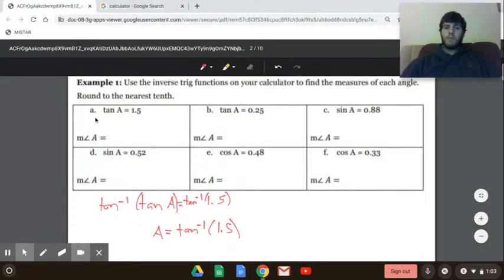So again, what we did here is we said that A was equal to the inverse tangent of 1.5, and we got 56.3. Over here, we're going to do the same thing. If you do the inverse tangent on both sides, A is going to be equal to the inverse tangent of